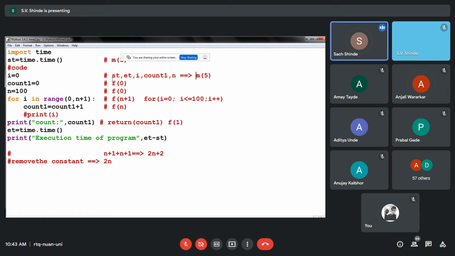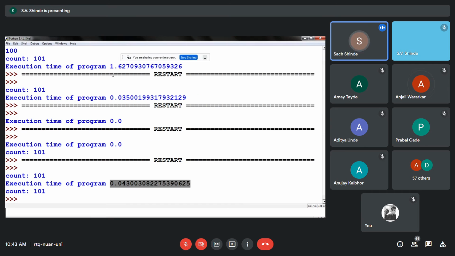Let us assume that ST requires some amount of space. In order to find the space requirement, we have that function which we have studied. So let us complete it: ST1 is equal to time.time.